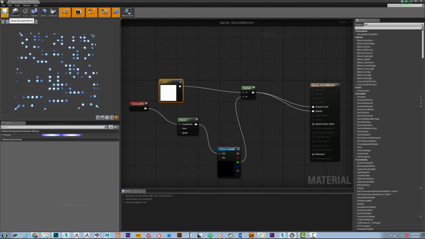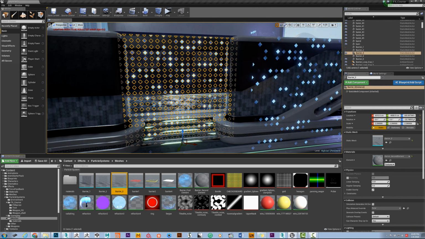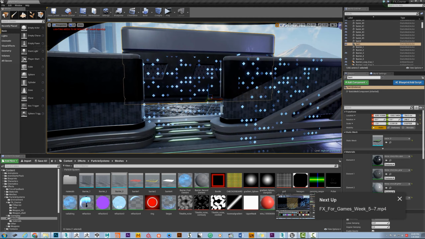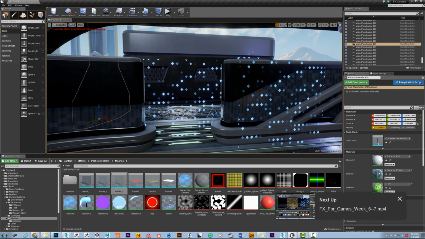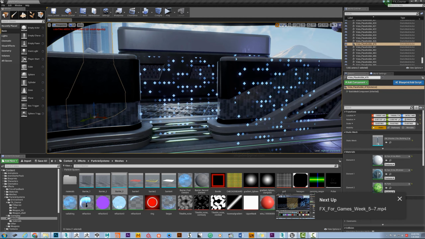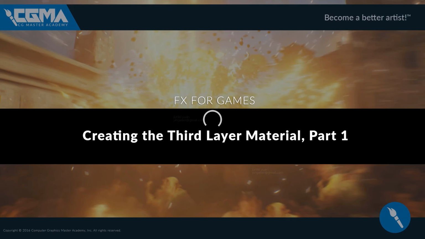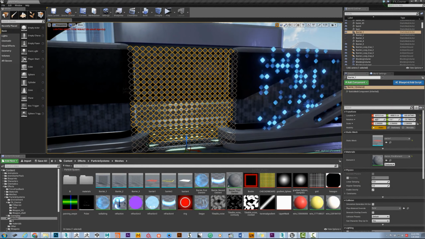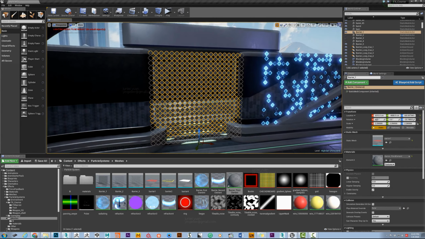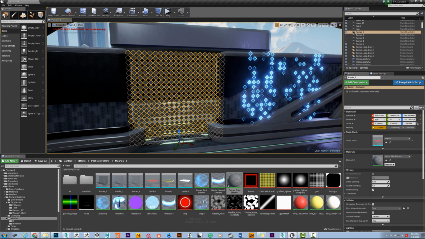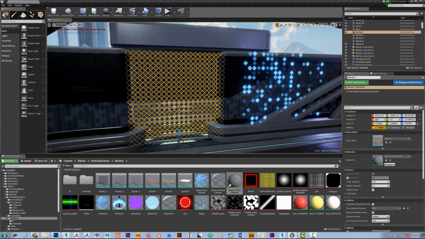So if I save this one and we look, you can see it's identical to the one I had previously. Welcome back. Let's keep going and create the third element of our barrier. So I've already, like previously, duplicated the mesh and added a new material that we're going to start